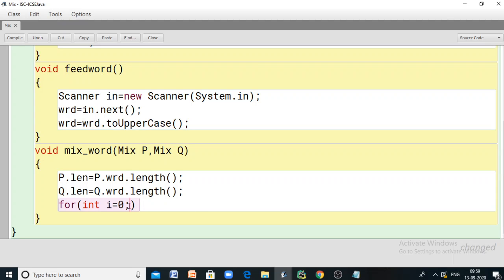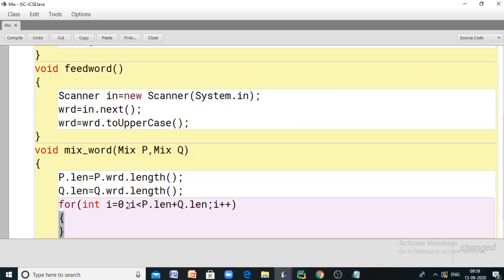As we already discussed, this for loop has to run a number of iterations equal to the sum of the lengths of both the strings. So i has to start from 0 and go till p.len plus q.len, then i plus plus.